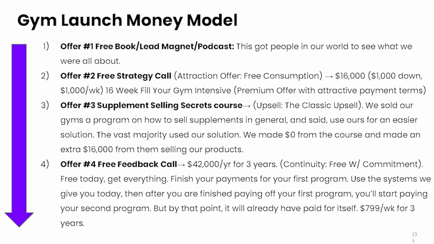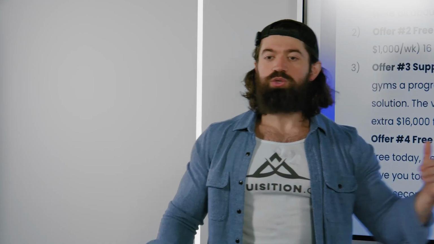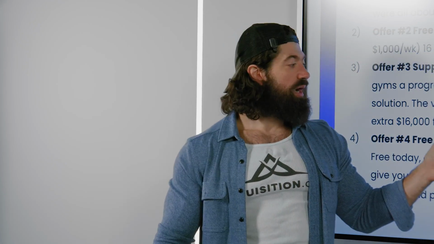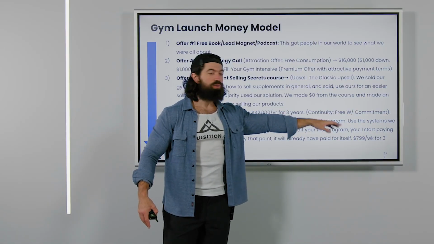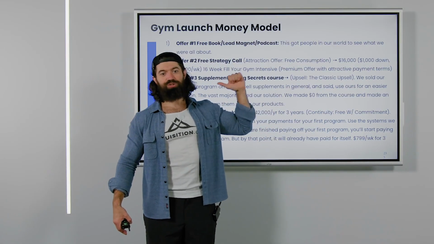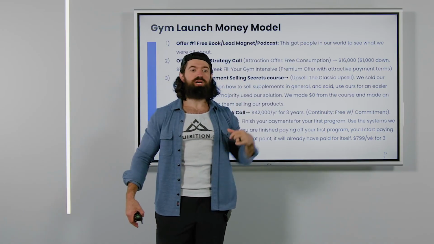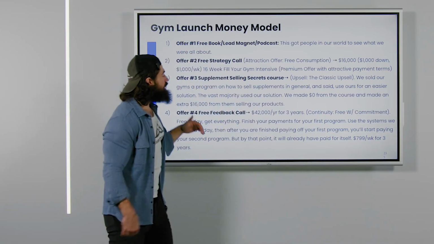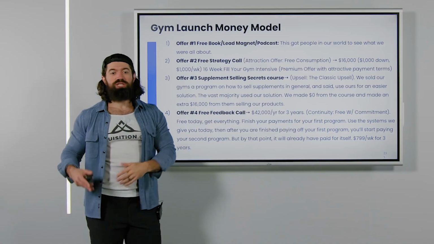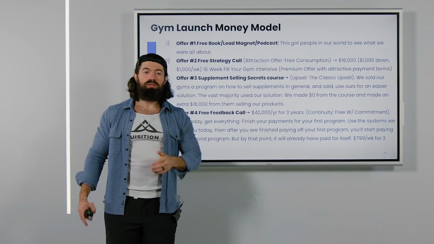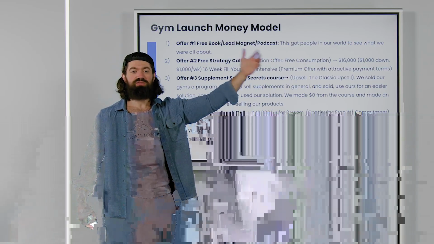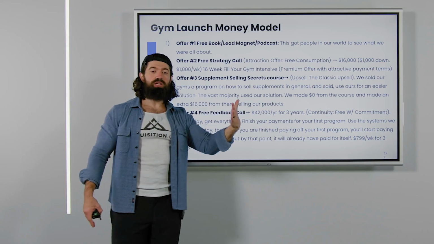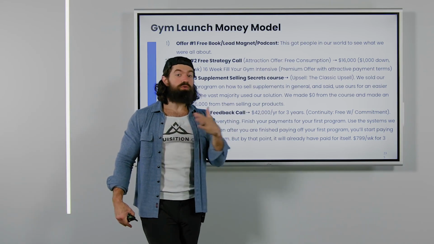And then the fourth thing we did was a free feedback call. So this was basically saying, okay, you're halfway through, you're 8 weeks in. Let's talk about where you're at, how much money did you make? Cool. So what we did was a free with commitment offer, which is something that we'll talk about in the fourth section of this training, which is continuity offers. Basically what we would say is, hey, you have 16 weeks, you're 8 weeks in, say yes now, and I'll give you all the stuff that you're going to get over the next 3 years if you say yes today. And you'll just keep paying your existing thing. So you're just going to get more for nothing.